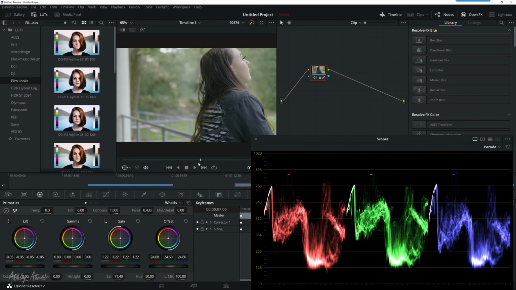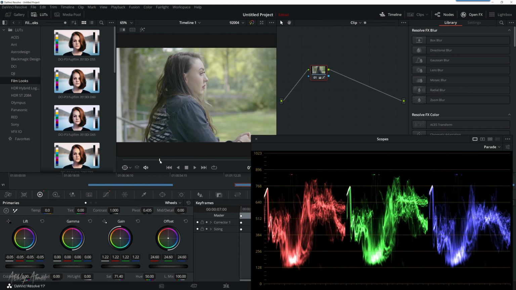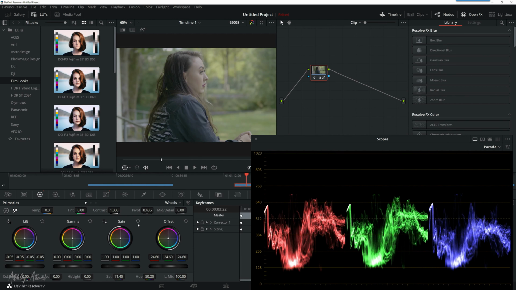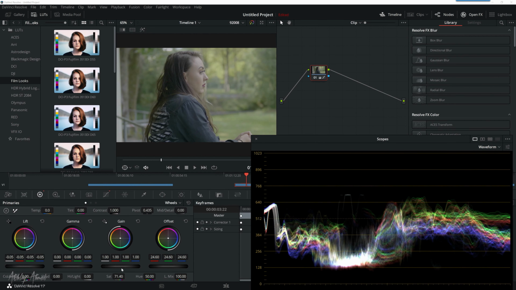Now the only thing that is missing here is we need a bit of saturation. So how do I do that? Well, let's just say I wanted to reset this again. So I'm going to go back to the waveform. Now watch what happens when I bring the saturation. Can you see if I go down, how boring and dull that looks? If I bring it up here,